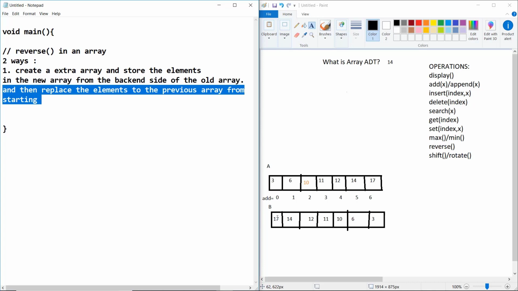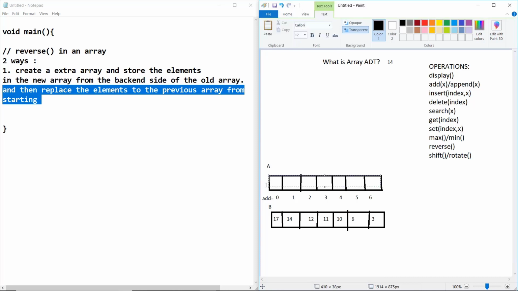So we just store these elements back to the previous array. Now it looks like this: I first erase those elements, and then insert these elements from the beginning, as I said, replacing it in the previous array.